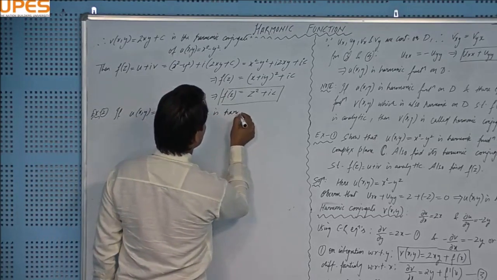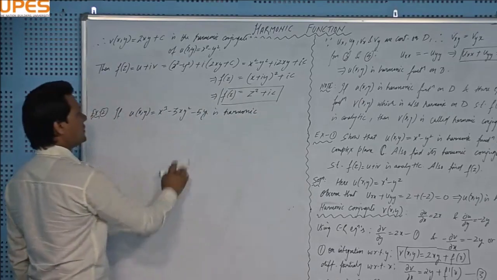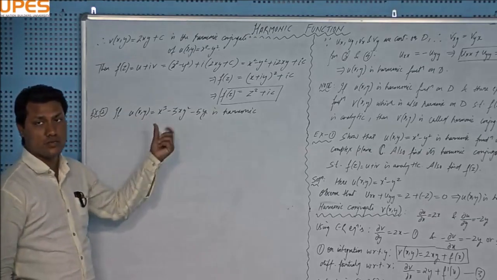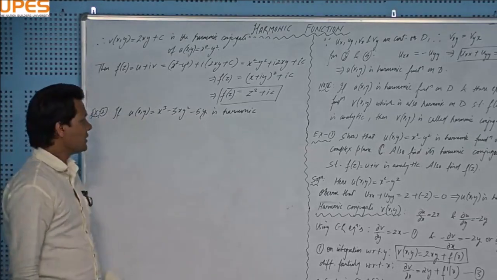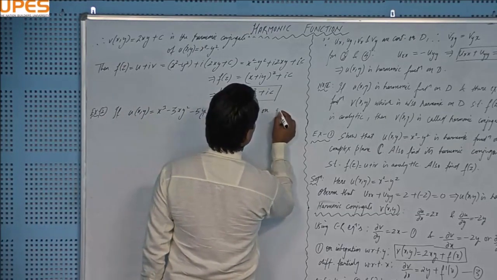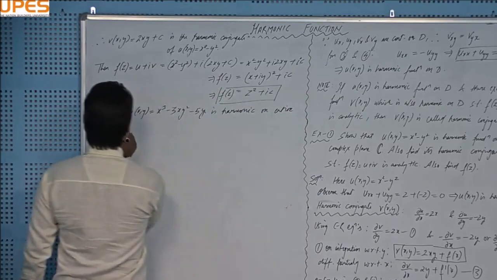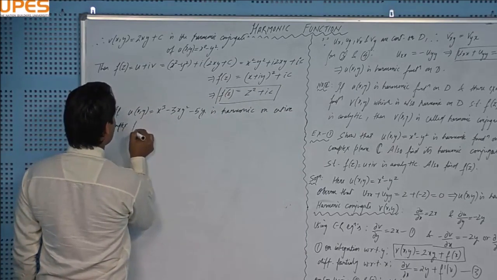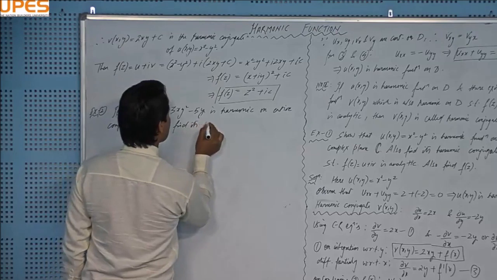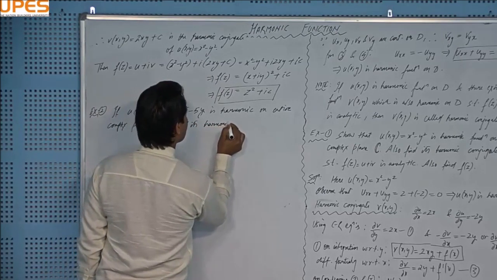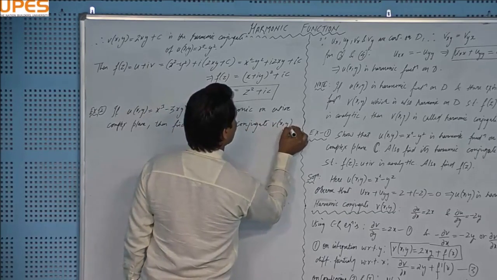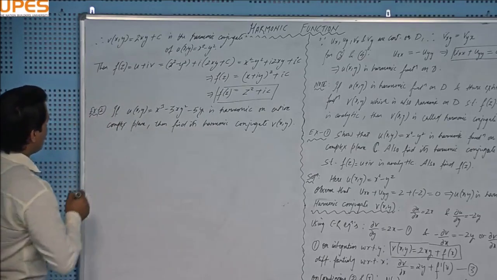Okay, is harmonic. I'm assuming that it's harmonic. You can see that derivating it with respect to x twice and with respect to y, and then you will add them, it will satisfy the Laplace equation, right? This is harmonic function, right? On entire complex plane, right? Then find its harmonic conjugate v x comma y. Solution: